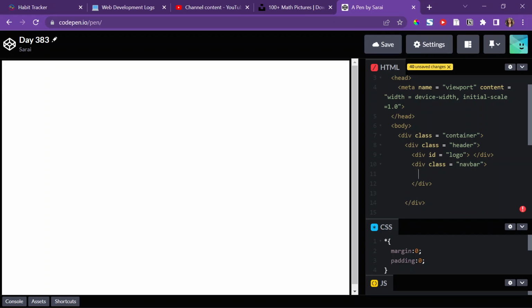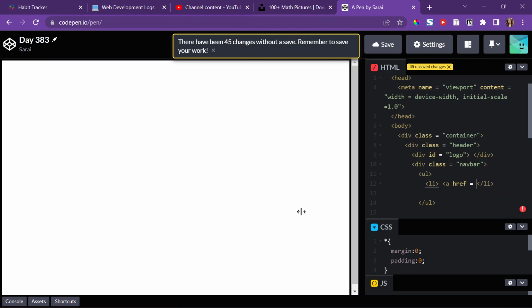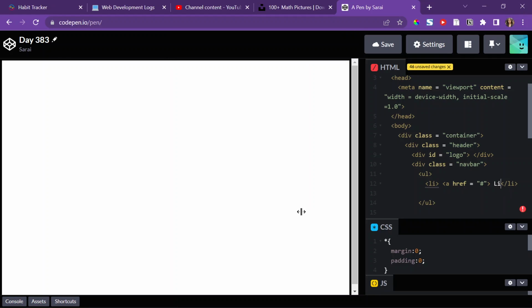And I'm going to set it up in an unordered list, which is basically a list with bullet points instead of numbers. If you want a list with numbers, then you use an OL, which stands for an ordered list. Alright, so in an unordered list, or in any list actually, there's a list item at all times, and for me, I want the list items to be links, so I'm going to do a href goes to nowhere, so that's what the hashtag means, and I'm just going to say link for now,